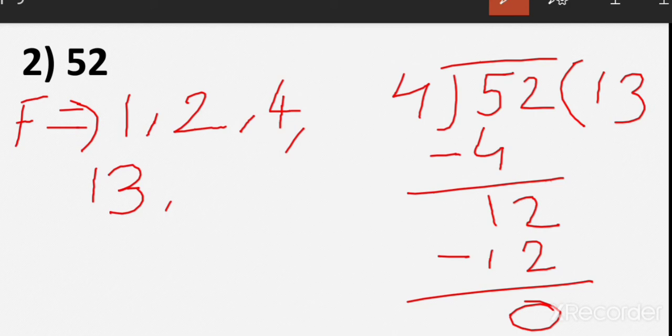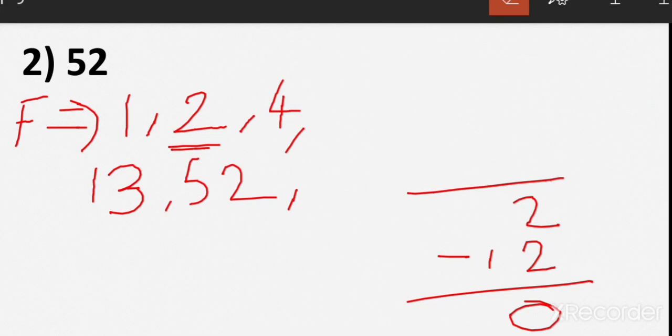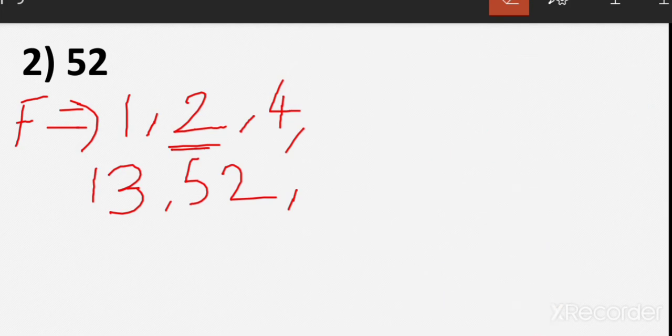So what will be the last factor? Last factor will be the number itself, that is 52. One more factor is there, students. If we'll divide by 2, what is the factor I'm getting? Just a minute, I'll show you. From 1 to 9 if you are checking, then you also have to see that whatever numbers you are getting, by that number if you are dividing the given number, whatever will be the quotient, that will also be a factor of the given number.